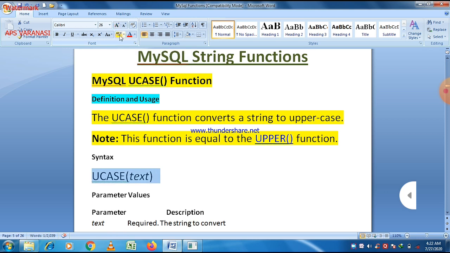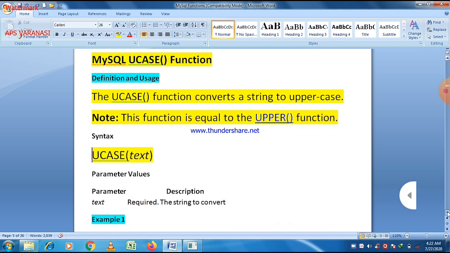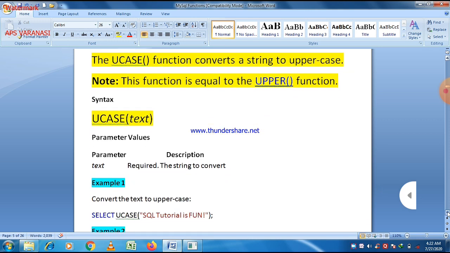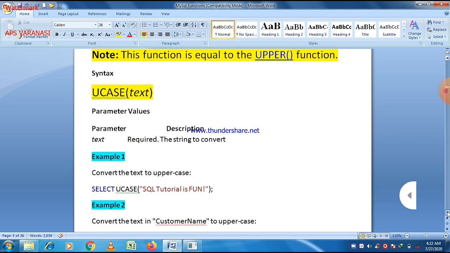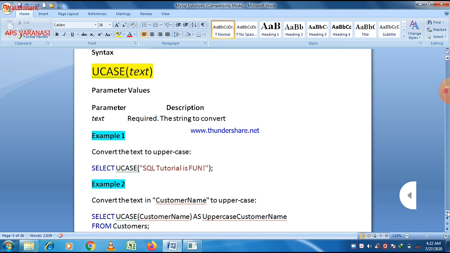Just write UCASE and within the parentheses write the text, and you will get the desired result, a string or text in uppercase letters. And if you use LCASE, then the string will be in lowercase, and only one parameter is required for this purpose.